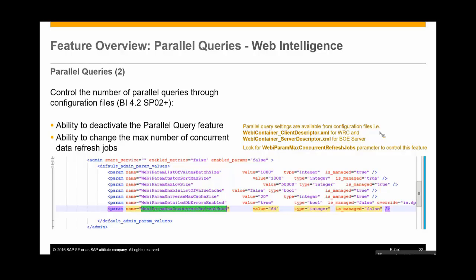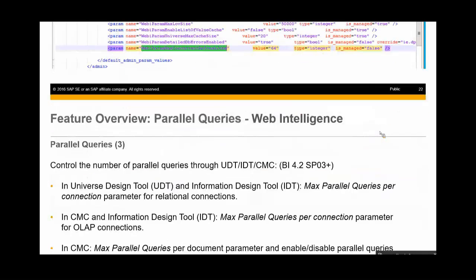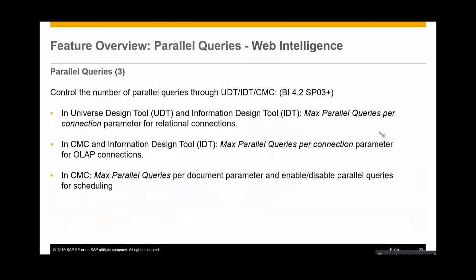If you look at the WebI max concurrent refresh jobs parameter, there is a value which can be set to whatever suits your system and your scenarios. So this is how you would configure the maximum number of concurrent data refresh jobs through configuration files. And with BI 4.2 SP3, the number of parallel queries can be set through